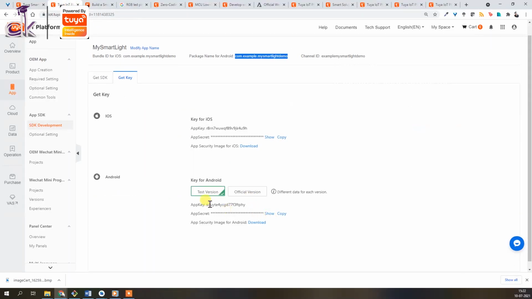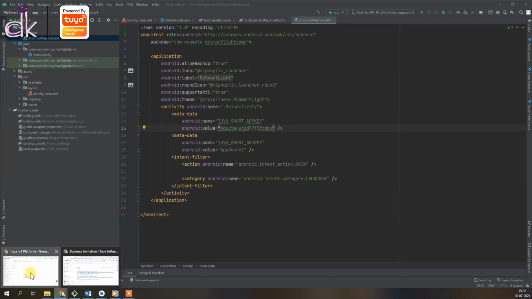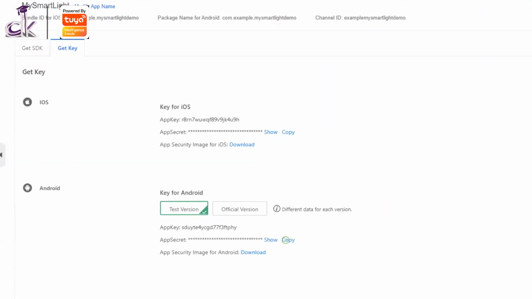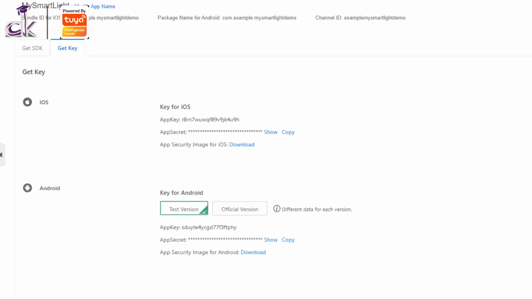Okay, so I'm just going to copy this, right? So copy the app key, paste it here, and then we're going to do the same with the app secret key. Just paste it here, and there you go, you have added the app key and the secret key as mentioned.